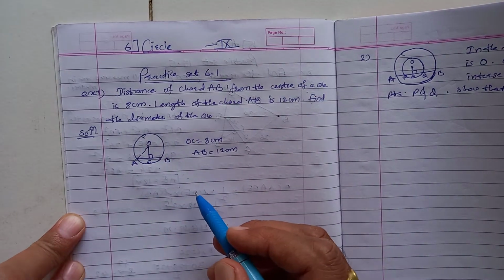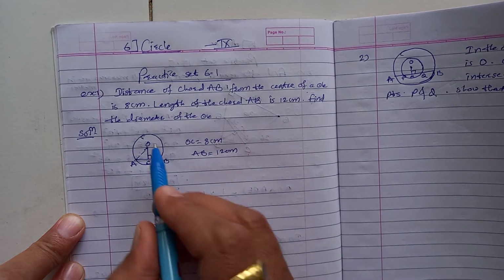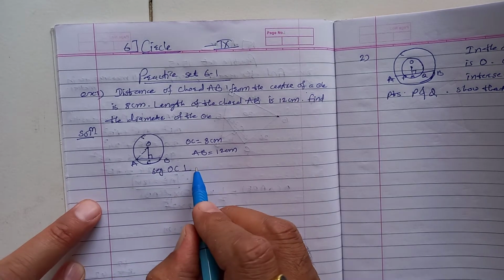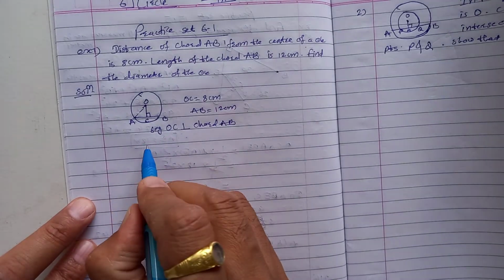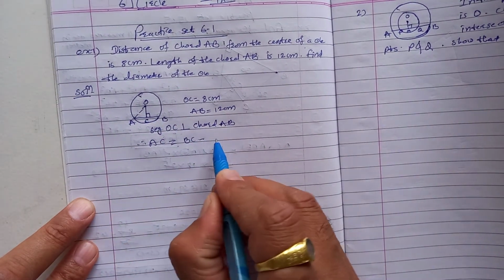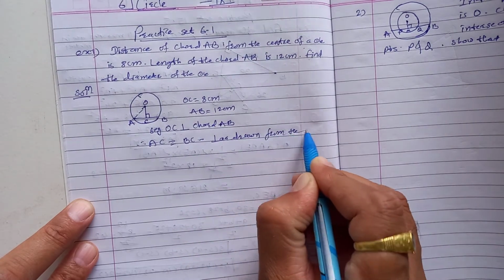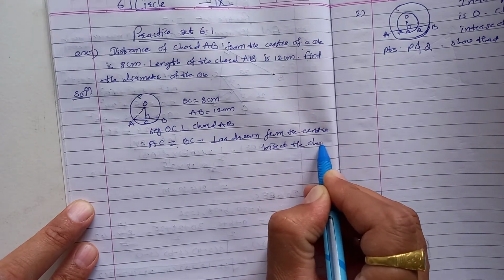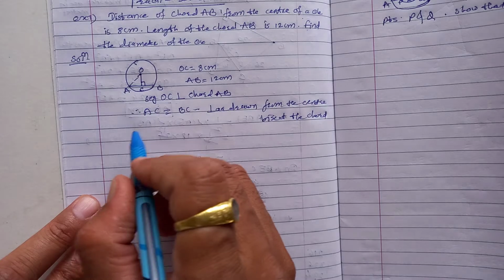Diameter of circle means what you have to find? First you have to find radius. Then we know double of radius is diameter. So here segment OC is perpendicular to chord AB. This is given, no? Okay. So here we can say these two parts AC is equal to BC. How? Perpendicular drawn from the center bisect the chord. This part every time you have to write, because that is very important. That is the reason. Okay, it bisect.